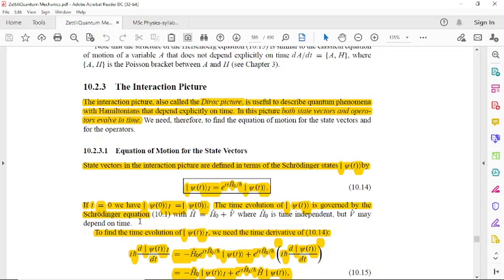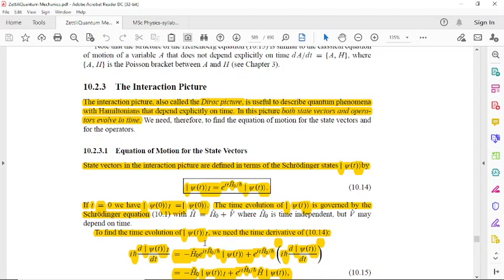Then when we find the time evolution of ket psi of t I, we differentiate this function. So we can write i h cross d by dt of ket psi of t I is equal to, differentiate this function,